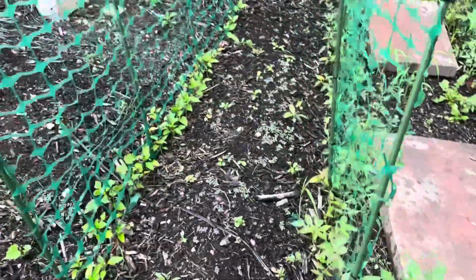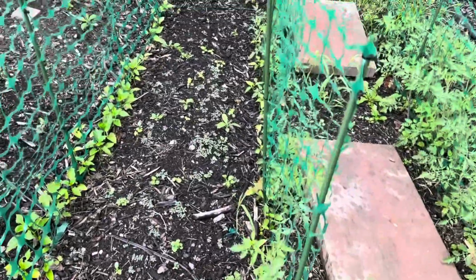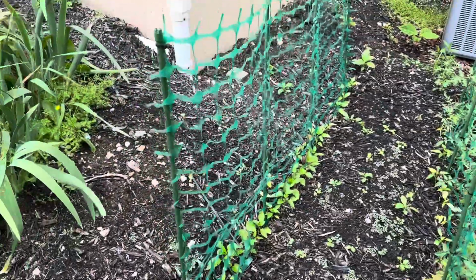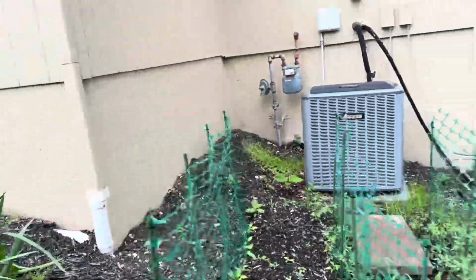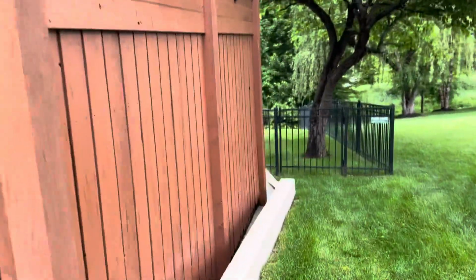And then right here, I'm growing yellow tomatoes, or I always do that in every single video. I'm growing the yellow peppers, red peppers, and the other row of green peppers. Now, if you guys have no clue what I'm talking about there, let's go ahead and go back to the